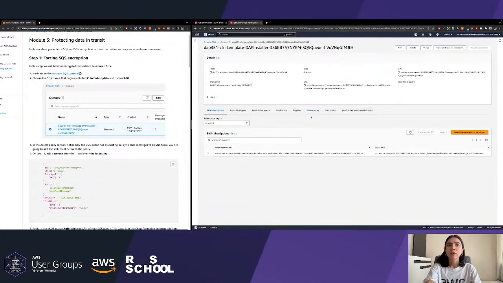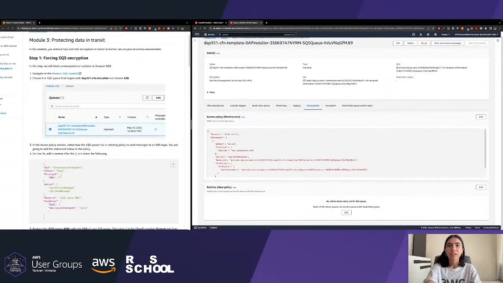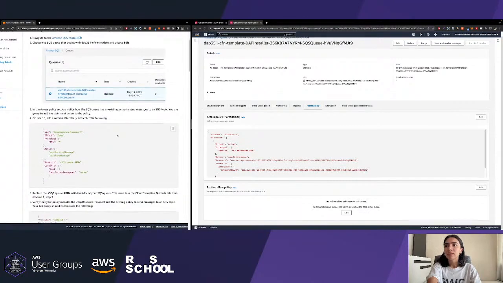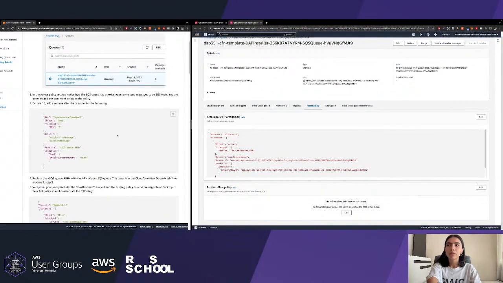and as you can see, we have the access policy here. It is allowing our SNS to send messages to us. Now, in this section, we want to add some more statements, okay? So we would like to deny unsecured transport from any kind of resources.